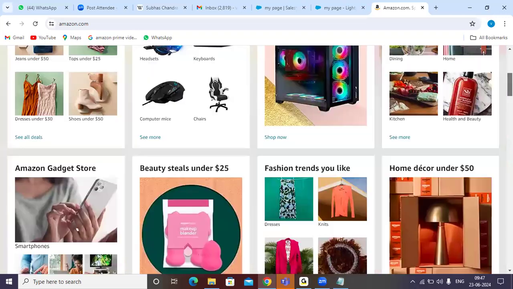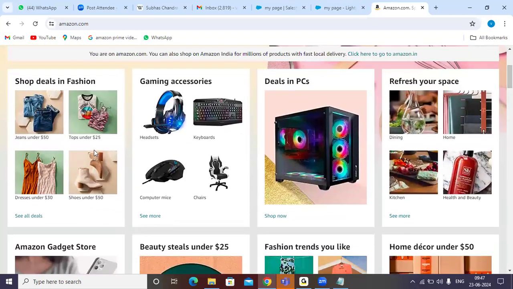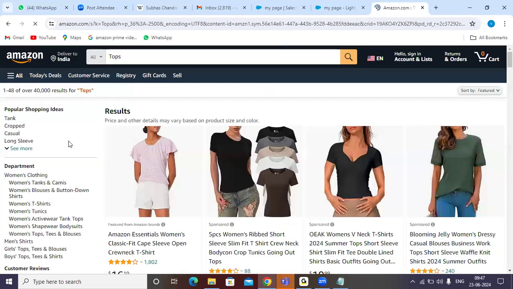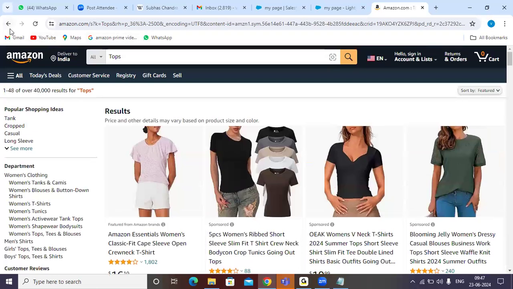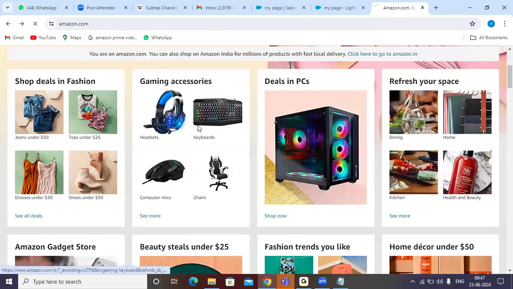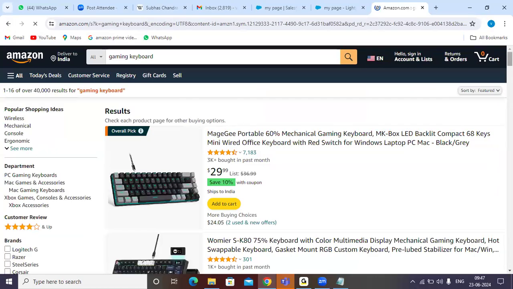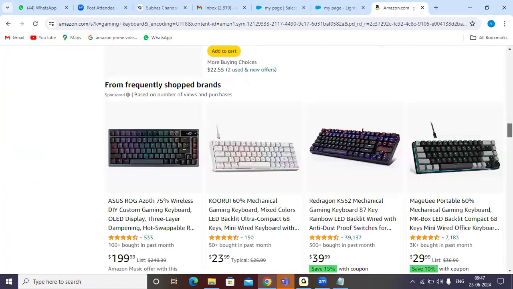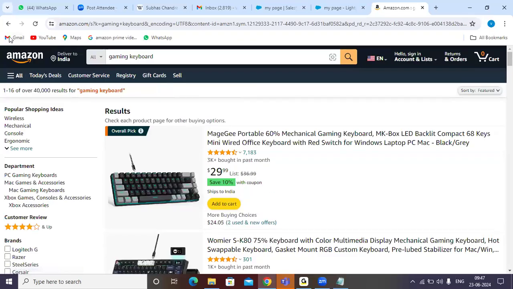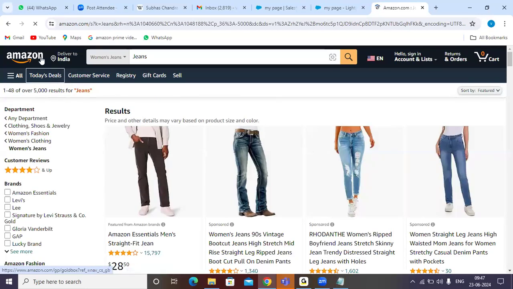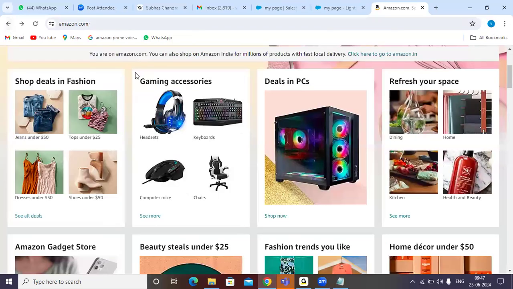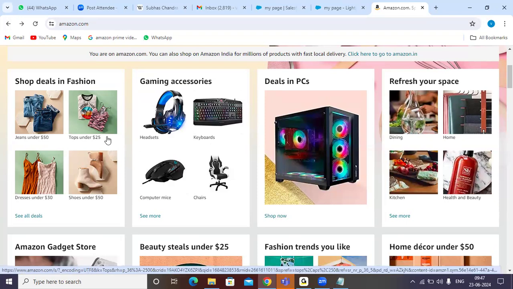Suppose I opened, let me open shop deals in fashion. That is that component I opened. It is related to only shop and shopping. Yes or no? Maybe women shopping, this one. Clear all of you guys? Suppose if I open gaming accessories, only gaming accessories, keyboards, it is related to gadgets. It will display. Suppose I want to open again women shopping, I can reuse the same component whenever you want. Am I clear this point? So I can say Amazon application is the combination of multiple components, guys.